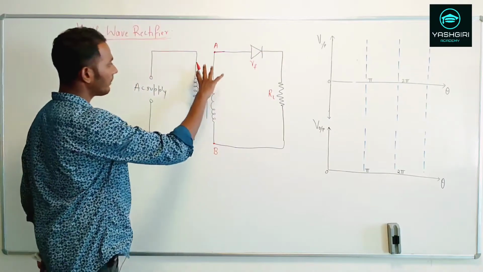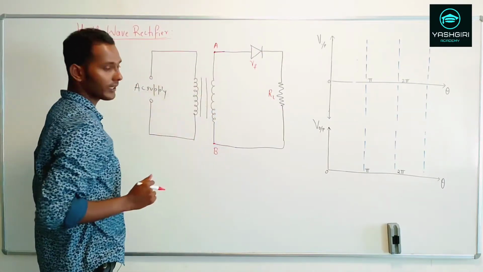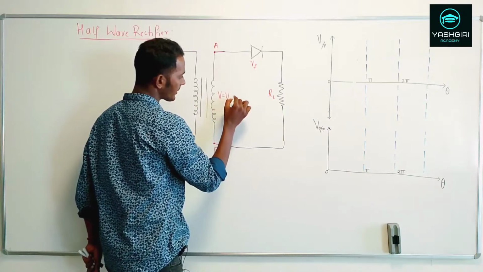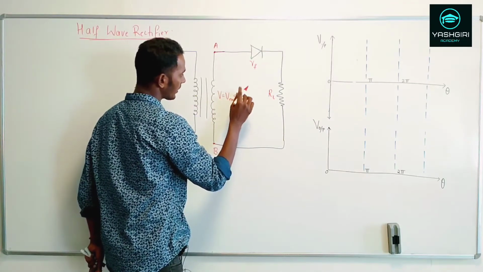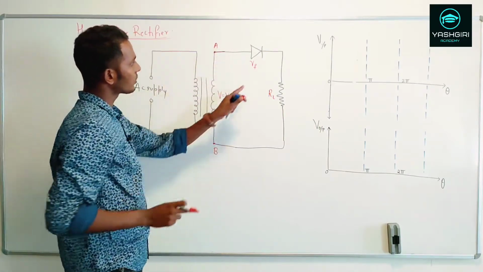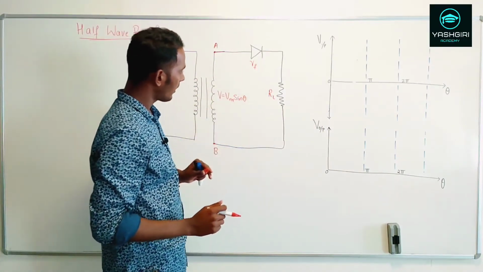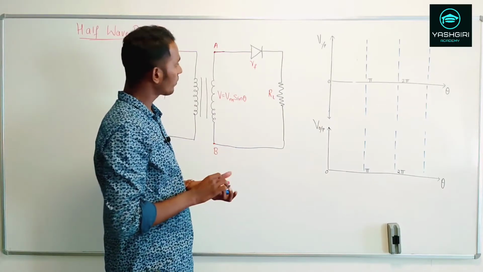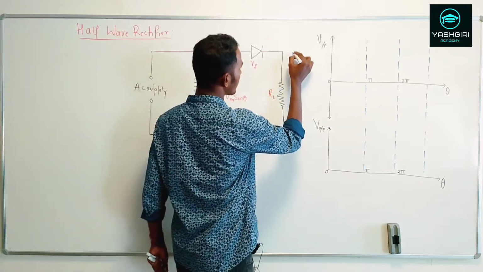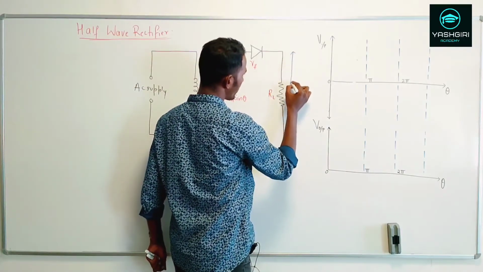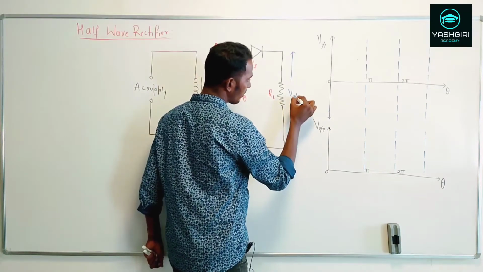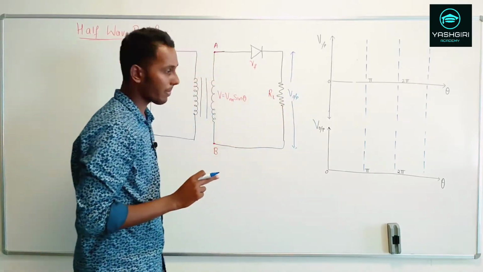The available voltage at the secondary winding I can write as V = Vm sin theta, because even at the secondary winding we are going to have an AC signal, right? So we have a diode and a load RL, and we are going to measure the output. The output waveform will be traced across this load RL. I'm going to measure the V output across this load RL.